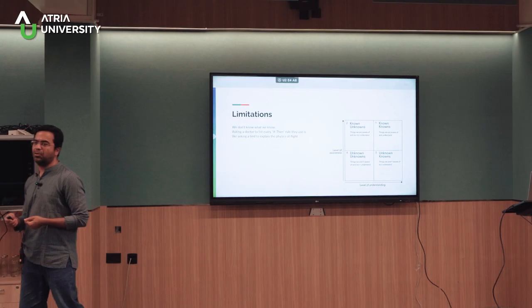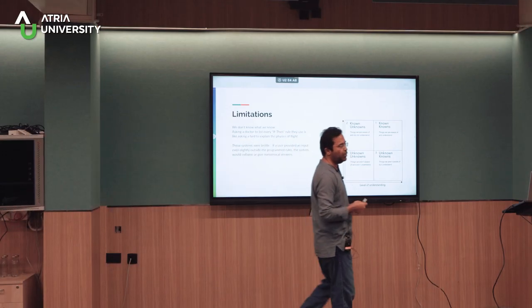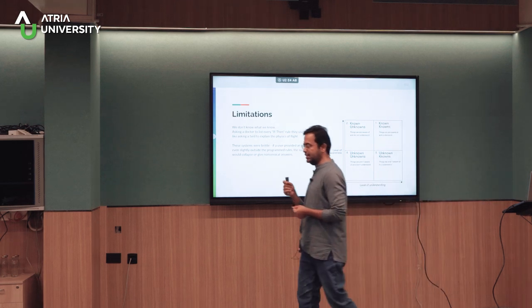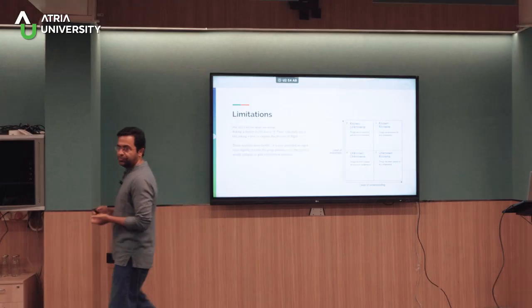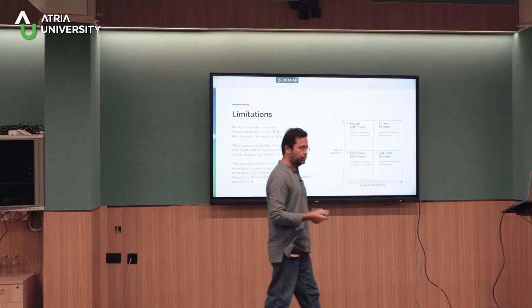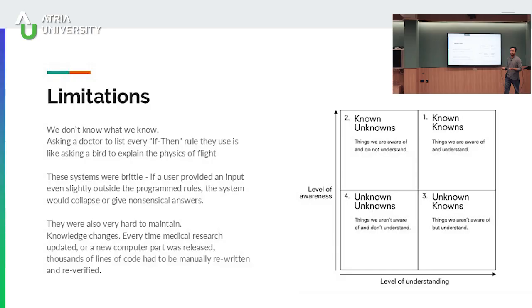And if that is a fundamental problem, knowledge engineering will only take you so far. The second problem was these systems were very brittle. They used to break very easily, because if the user did not input the things in exactly the right way, the system would not work. The third problem was that knowledge is not static. Knowledge evolves. Somebody finds something new, somebody publishes a research paper, somebody makes an advance in science. Now, every time knowledge changes, you have to go back and reprogram the whole thing, because the knowledge base itself has changed. So those are the problems with the 1980s, 1990s era.